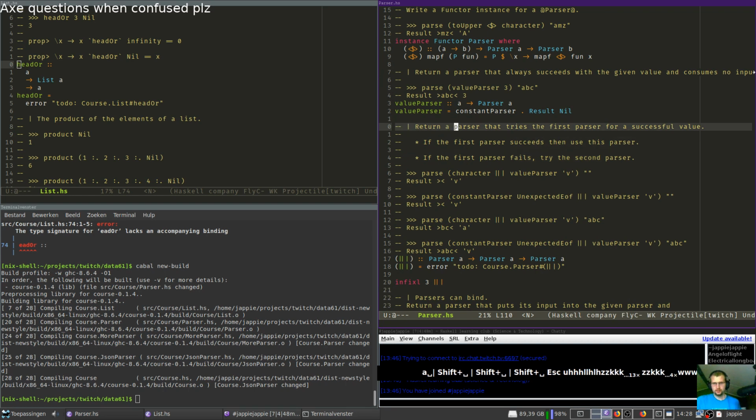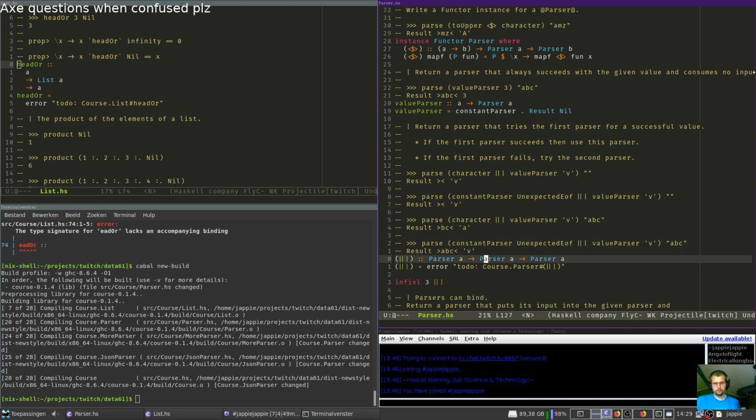Return a parser that tries the first parser for a successful value. If the first parser succeeds, then use this parser. If the first parser fails, try the second parser. Right, so this is like OR. Parser 1 or parser 2. We need to check if the result is valid.